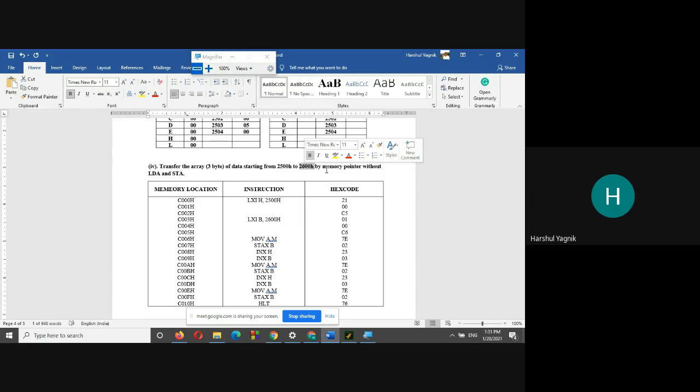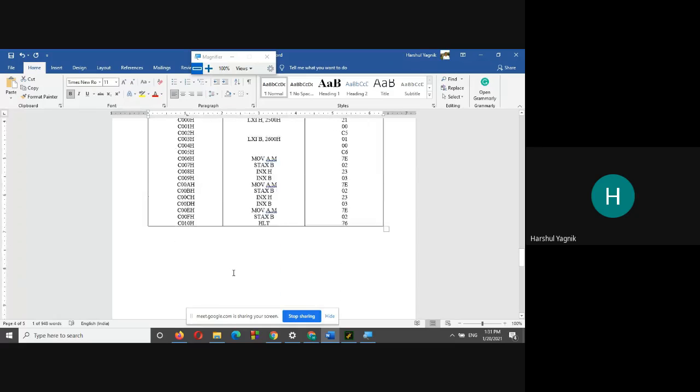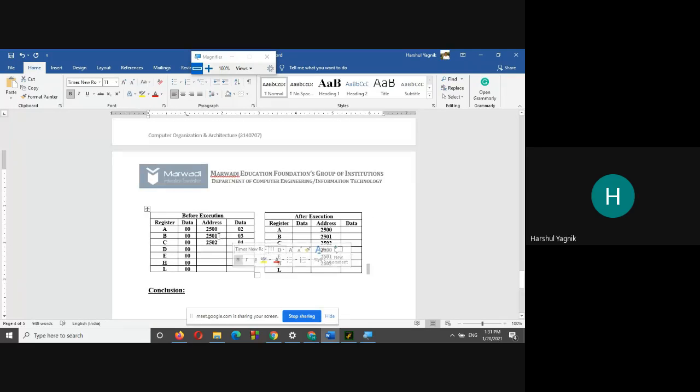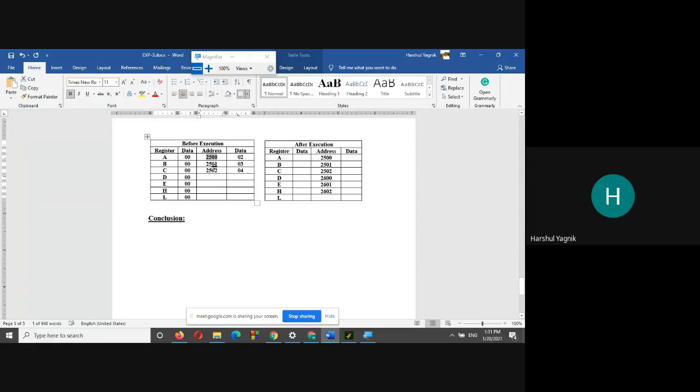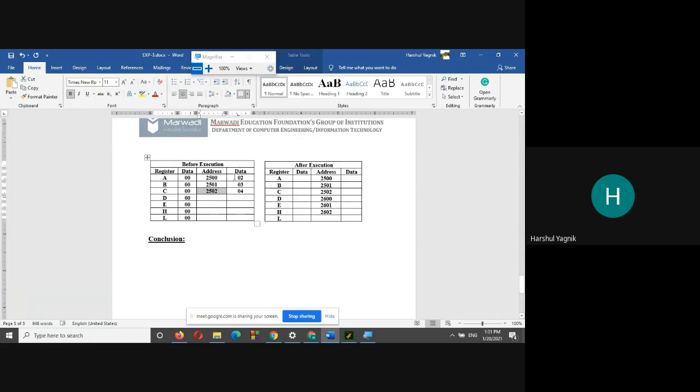The operands which are present at the memory location 2500, 2501 and 2502 before execution, that content has to be transferred to the memory location 2600, 2601 and 2602H.